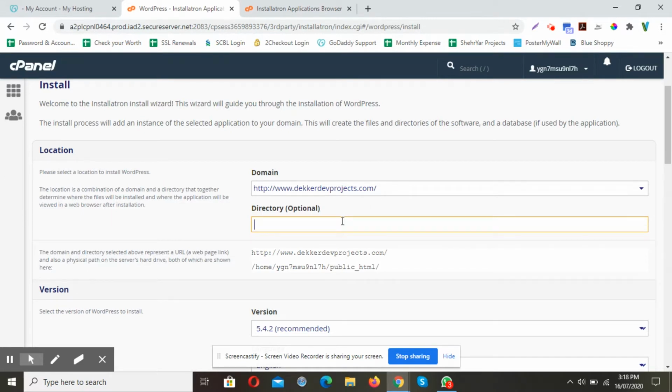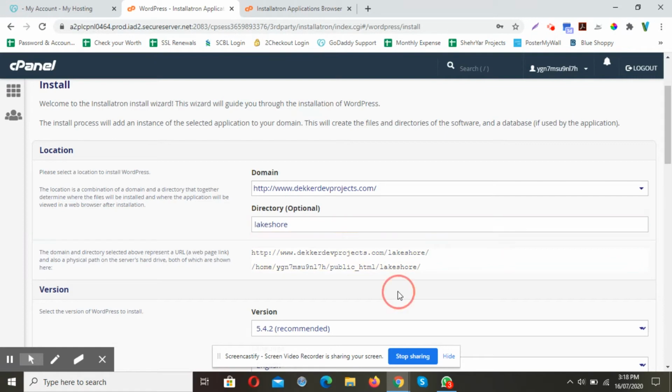So we need to install it on our directory. But if you want to replace the one that is installed on your root domain, you can also do that. You simply need to leave this field blank so that the new WordPress installation can show up on the root domain. But since I am going to use a directory, so I am